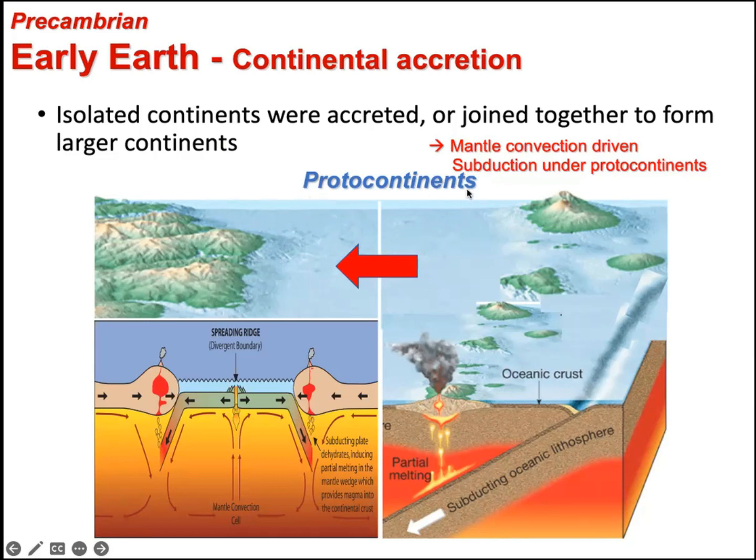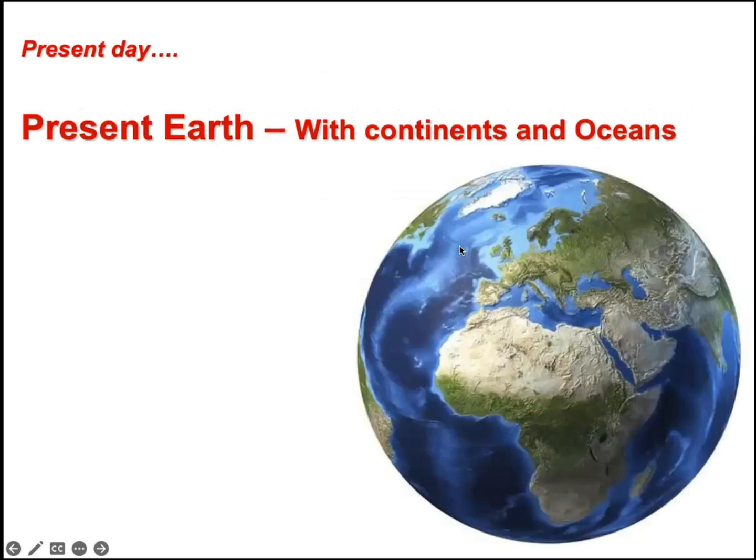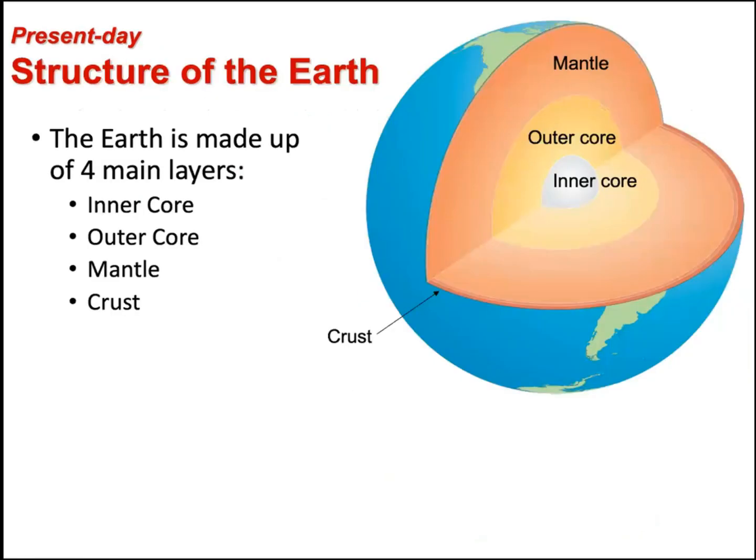Actually, those are not the real continents like what we see today, but because of those early differentiated materials, we call them proto-continents, like proto-planets, early materials. The present Earth, as I mentioned before, has well-defined continents and well-defined oceans, but at that time it was not like that. So this process continued, and later on Earth was divided,